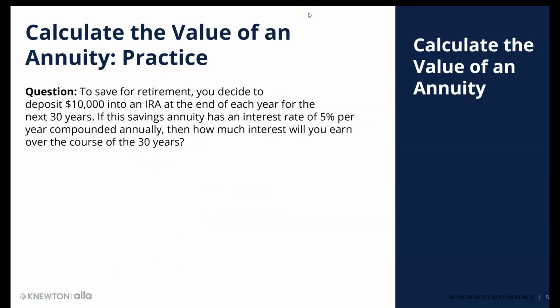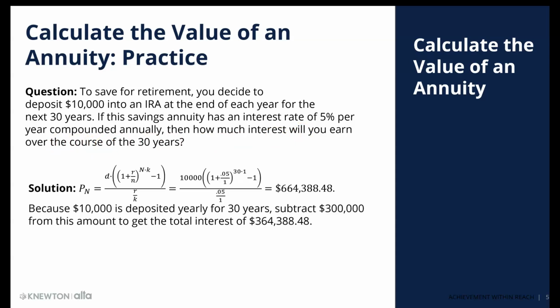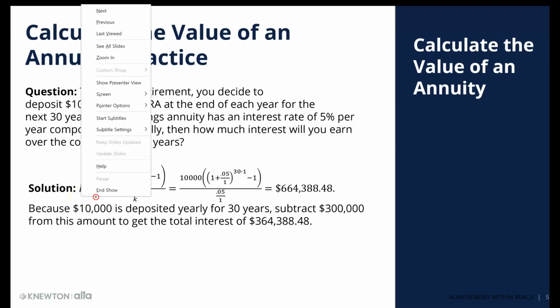Next example. To save for retirement, you decide to deposit $10,000 into an IRA at the end of each year for the next 30 years. If this savings annuity has an interest rate of 5% per year compounded annually, then how much interest will you earn over the course of the 30 years? To solve this, we will use the annuity savings formula given by P sub n equal to